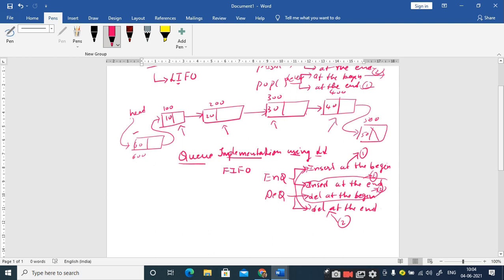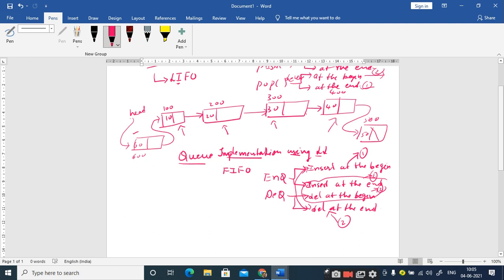Yes, sir. Clear, sir. Now if you understand this logic, you can write the programs for the stack implementation using linked list and queue implementation using linked list. First of all, try to write the singly linked list program. I have explained it in terms of functions, but you take the responsibility of writing the entire program and executing, whether you make use of the online compiler or any IDE, it is your choice. Nobody restricts, right? So you please try to implement the singly linked list program completely, and then you just copy paste the programs of the functionalities of insertion at the beginning, insertion at the end, to implement the stack.